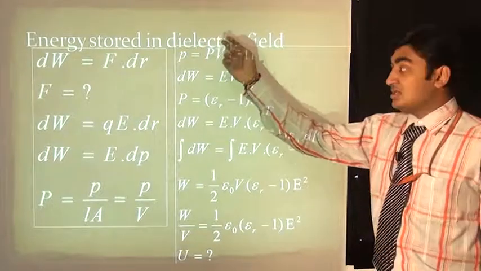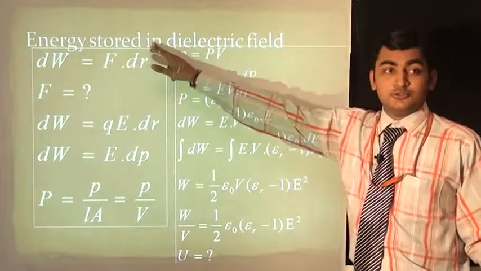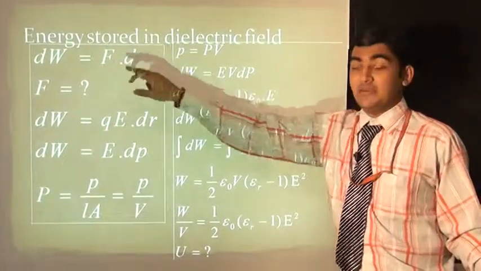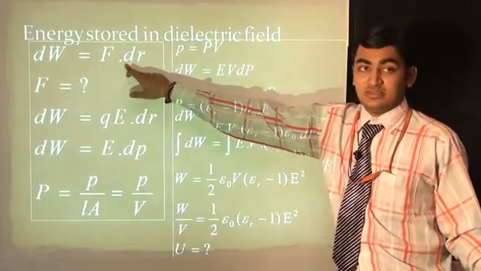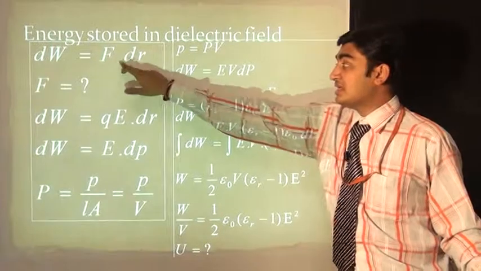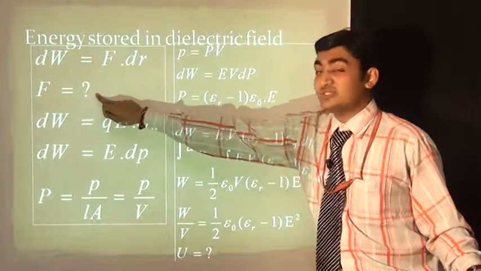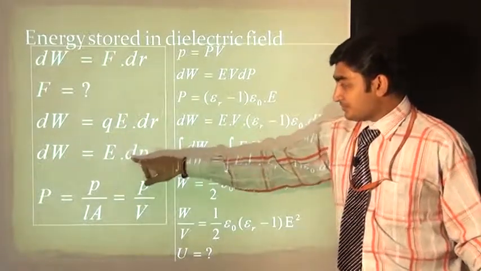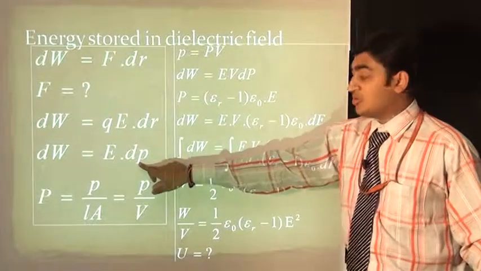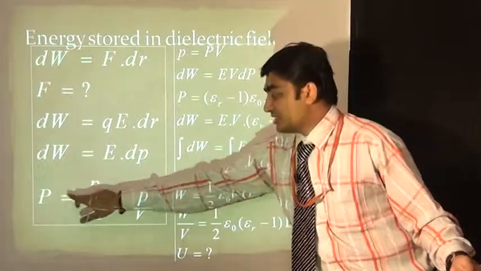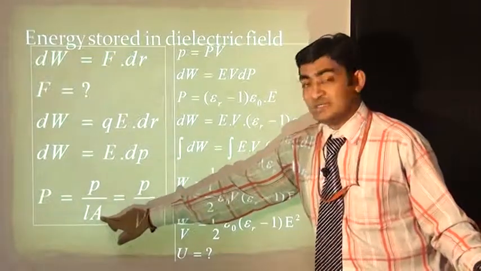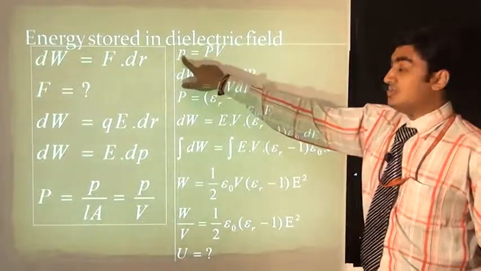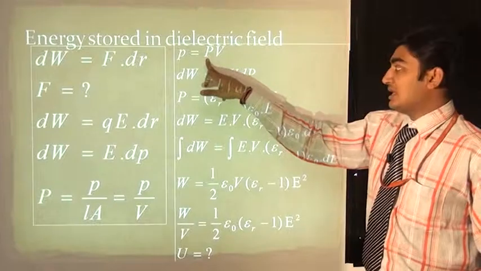Energy stored in a dielectric field. First we have to find the stored energy. Energy is equal to work, and work is equal to force into displacement, the applied electric force into the displacement caused by the electric field. What is F? F is equal to charge into electric field. Now charge into distance is dipole moment p, and polarization P is equal to p divided by length into area, which means volume, dipole moment p divided by V. Therefore dipole moment p is equal to capital P, polarization, into